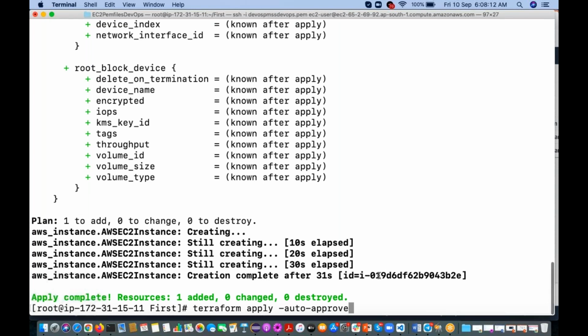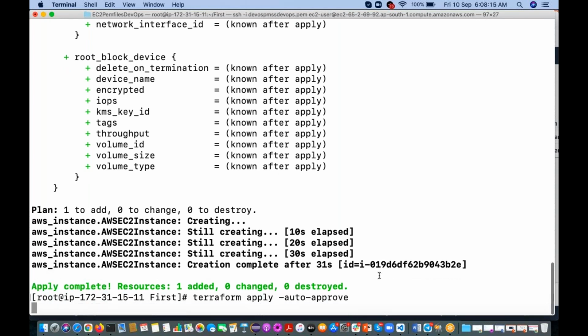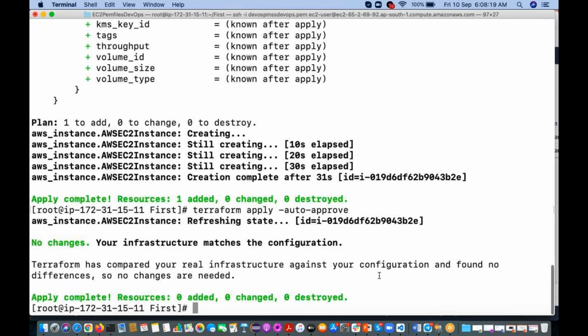Again, if you want, you can execute and see. It is not going to create. It will check whether there are any updates. If there are any updates, it is going to apply them. Otherwise, see here, 0 added, 0 changed, 0 destroyed.